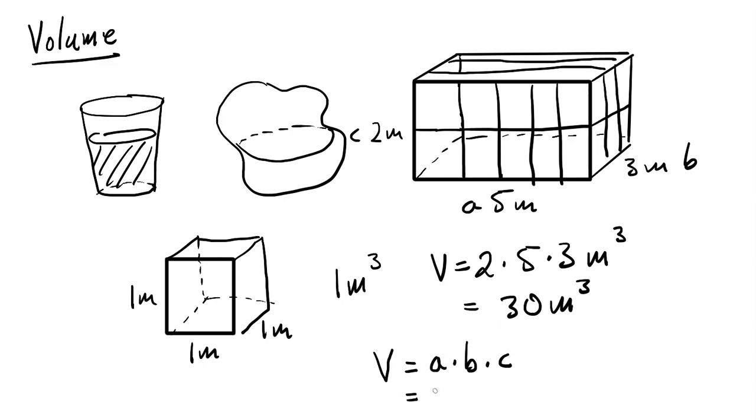And what happens now if I just plug in the lengths? For example, let's say we're back now to this example. So 5 meters times 3 meters times 2 meters. Then again we have 30 if you multiply the numbers. Then we have meter times meter times meter, if we treat the units as numbers we can count with. Here we just have an example of m cubed. So since we have meter times meter times meter, there we see a reason for writing the symbol like this and calling it a cubic meter, because if we treat the units as numbers we can count with, it will work out nicely. And if you have defined the volume in this way,